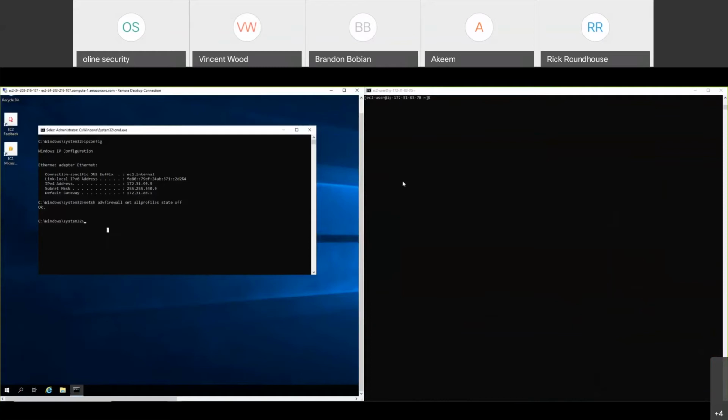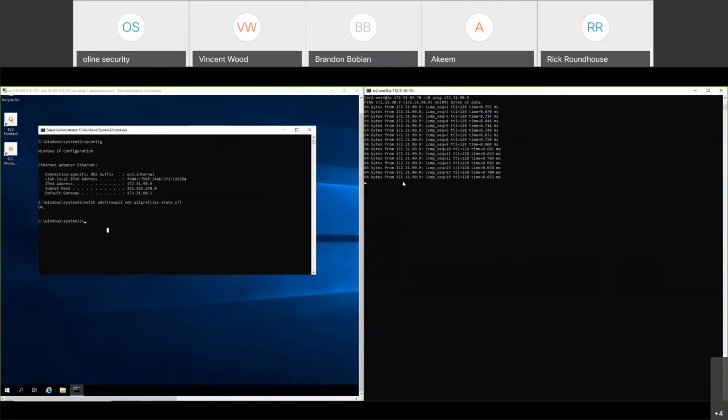So it's off. Now let's try and ping them again. I'm just going to hit up. You can hit the up arrow as much as you want, you're going to see a whole bunch of different things. What we're going to do is ping 172.31.90.9. Boom. Now you can talk to your Windows operating system. You can talk to your web server. And on Linux, when you do ping, Linux just likes to talk. It's going to keep pinging and pinging until you stop it with Control C.